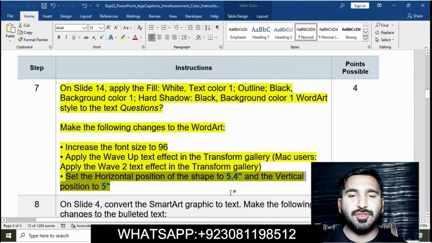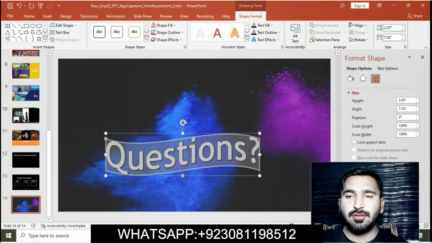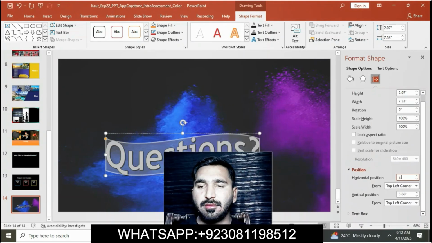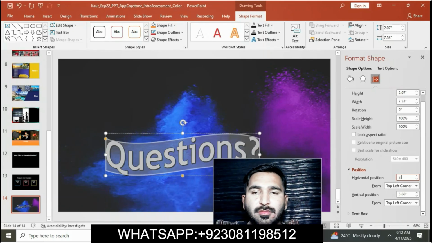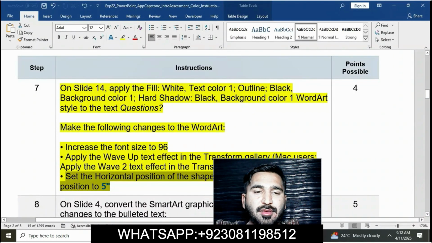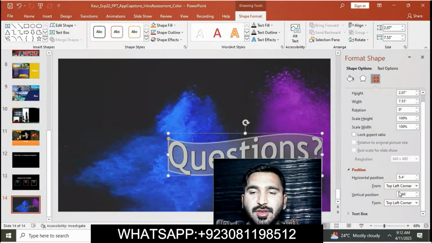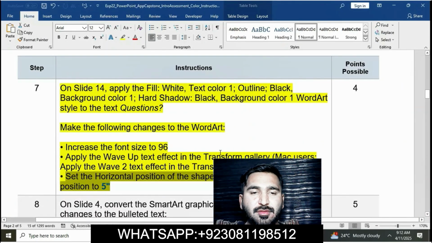Set the horizontal position of the shape to 5.4 and then go to the size. Horizontal position 5.4 and then vertical position to 5. Here is vertical position, set 5 as the vertical position. Okay.